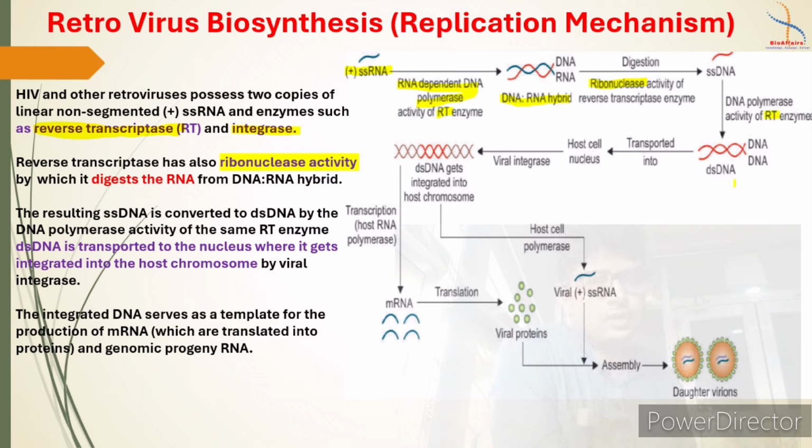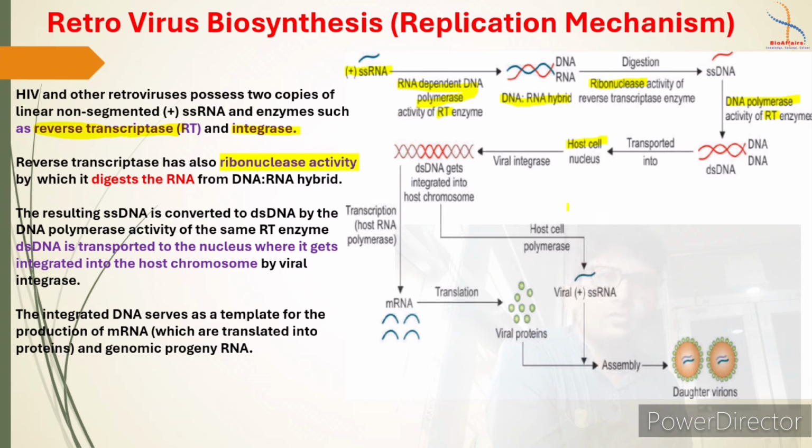Now, the DNA polymerase activity of the reverse transcriptase enzyme acts on this single-stranded DNA. Try to understand, reverse transcriptase has two capacities. First, it can make RNA into DNA, simple. Later, it can make DNA into DNA also, right? So with the DNA polymerase activity of the RT enzyme, the newly prepared single-stranded DNA will be made into double-stranded DNA. How unique, huh? Now this double-stranded DNA will be transferred to the host cell nucleus, as I have told you earlier,